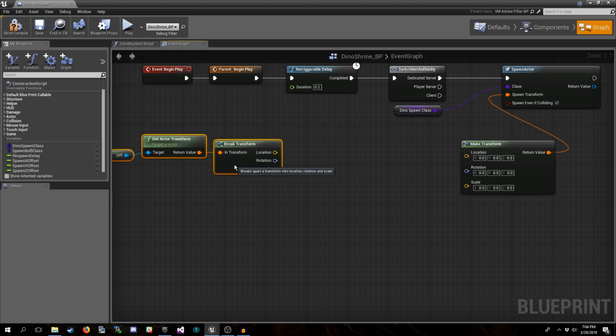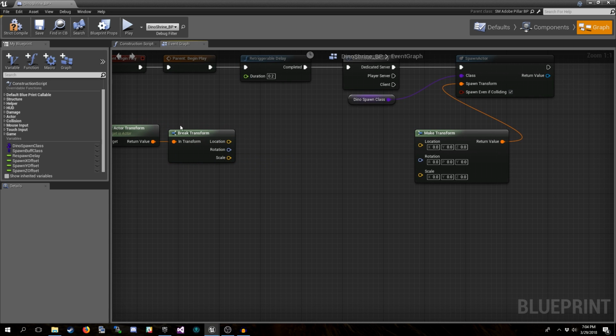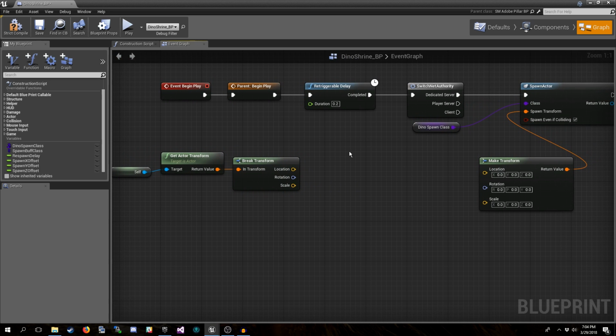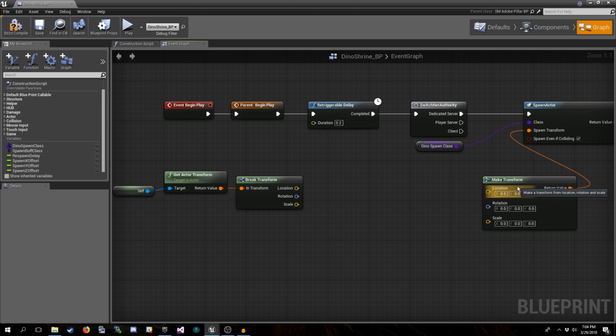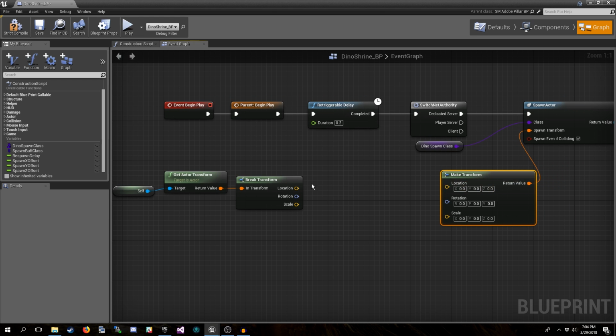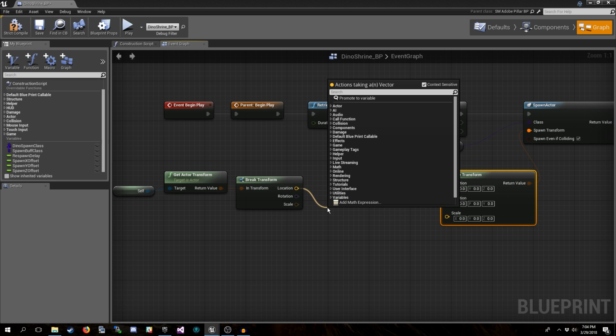It's kind of a silly name though. Well, what we're doing here is we are getting the location data and we're modifying it. So a transform is a struct. It's a container for location, rotation, and scale data, and each one of these is also a container of data.